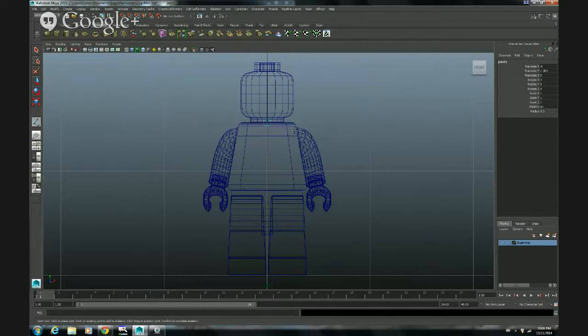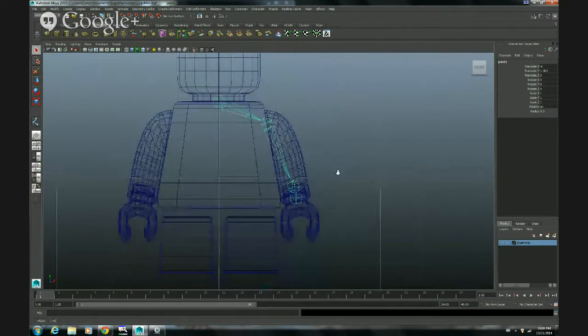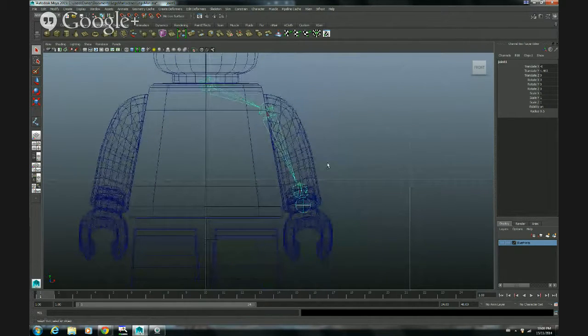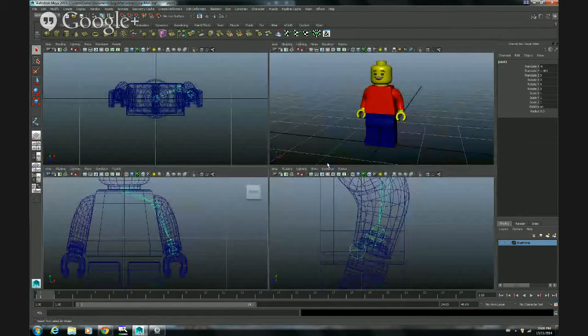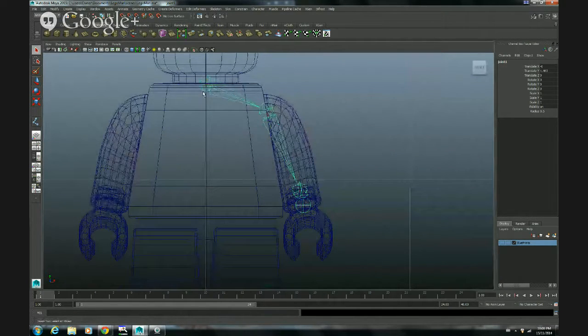I'm gonna press B again, and I'm gonna set this bone right in here, and then I'm gonna put the other one over here, and the other one, and another one here. Okay, and let's see how it looks from the side. Okay, first things first, I'm gonna select this bone,